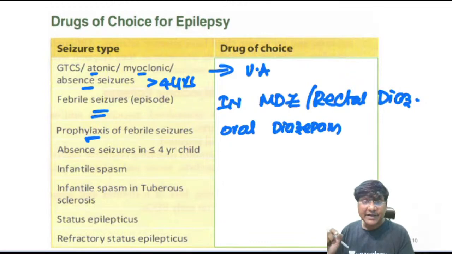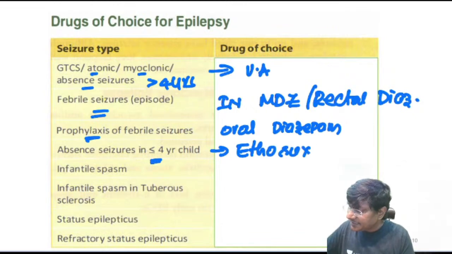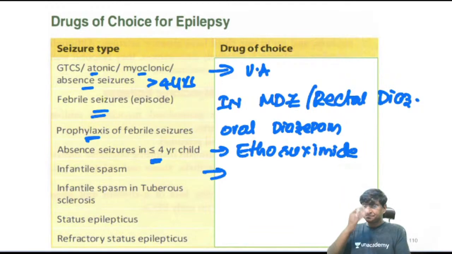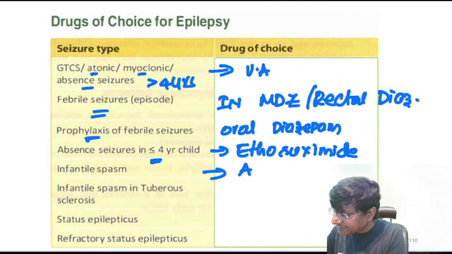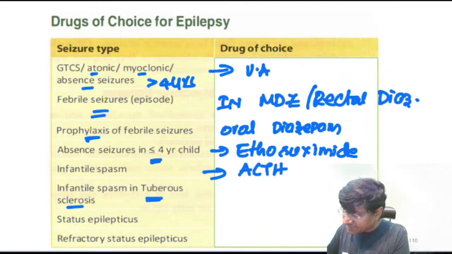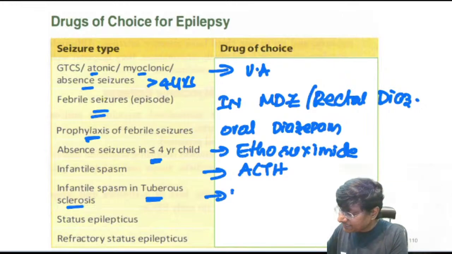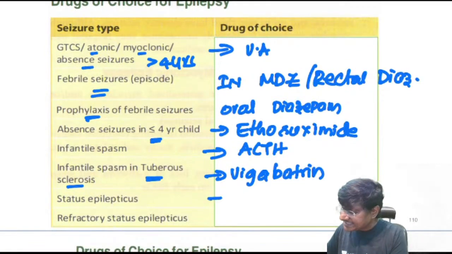Okay, then for absence seizures less than 4 years, the drug that you need to give is ethosuximide. Can anyone tell me why we don't give valproic acid less than 4 years? Then you should know what is the drug that we give for infantile spasm. That will be adrenocorticotropic hormone. Infantile spasms in tuberous sclerosis, that will be vigabatrin. Drug of choice for status epilepticus,